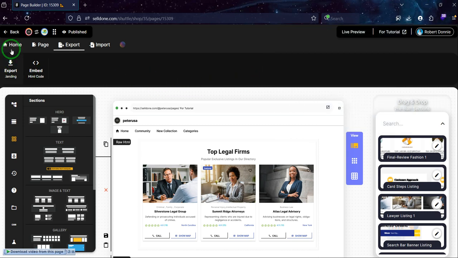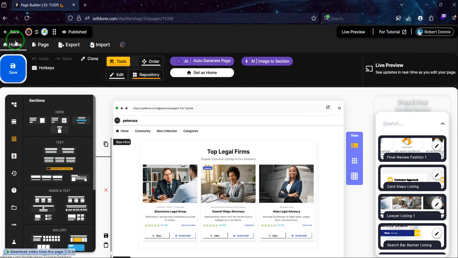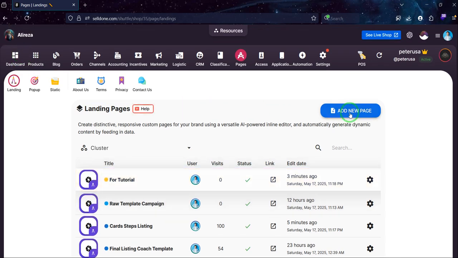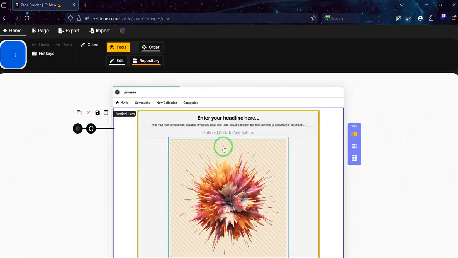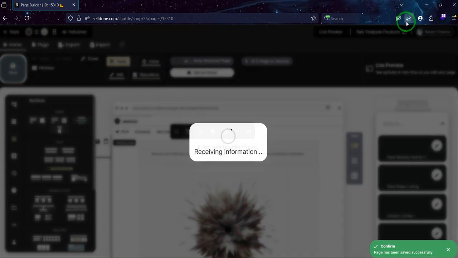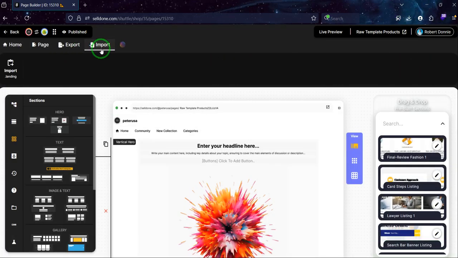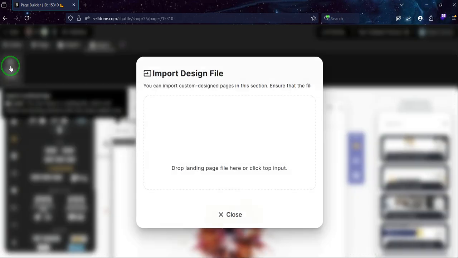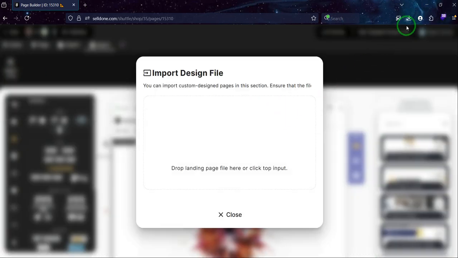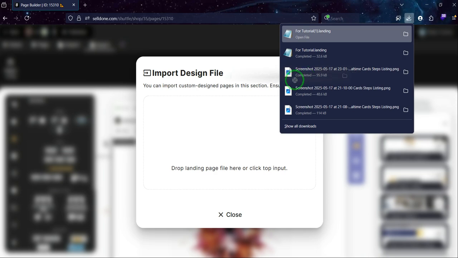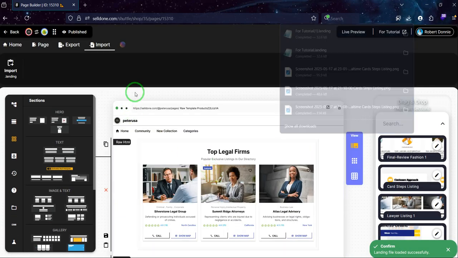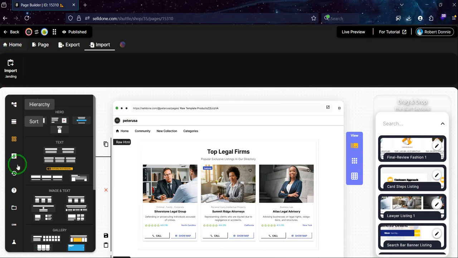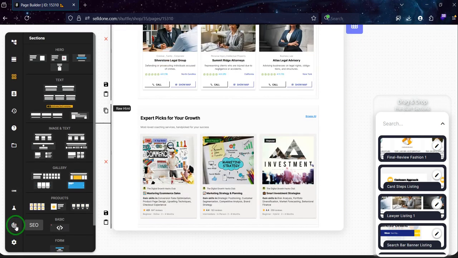Now the next step is going back and creating a new page. One of them, it doesn't matter, just this one, and simply press import. Click import, and from here just drag and drop the file. You see, done. And then you can easily change the name from here,